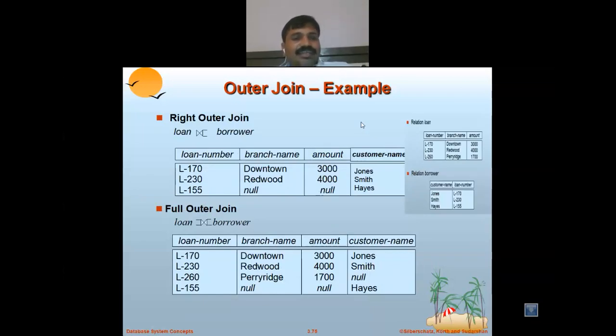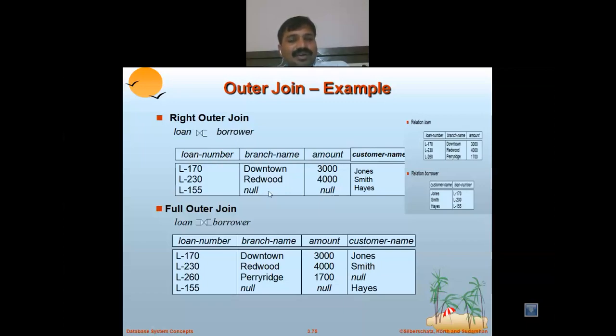Another case is how you can use right outer join. The same table I have to display here. So in that case, what record is there? In this case, I use a right outer join. All records from the borrower table and also those matching with the left side table. So in this case, what we can show here is that this table is important for the right outer join. So John Smith is there, so the record will be displayed, and the related L170 and 230 are there. So in that case the 155 record is displayed here, and the rest of the things have the null value.